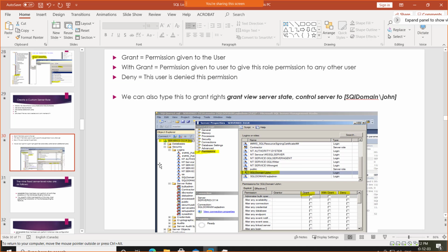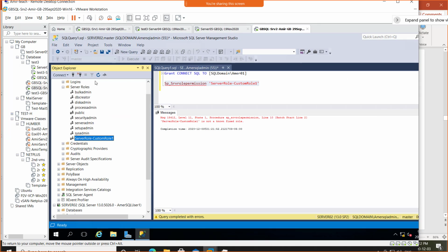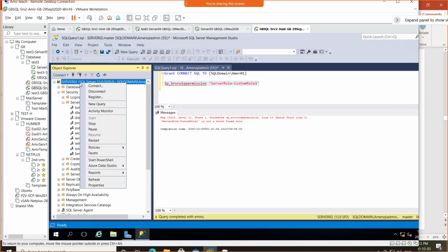So yep, that's where we were, and we were trying to check out all the roles and permissions there as well. Now this diagram also actually shows the SQL Server instance level. And if we go back here, if I go way up there and right click on the top server